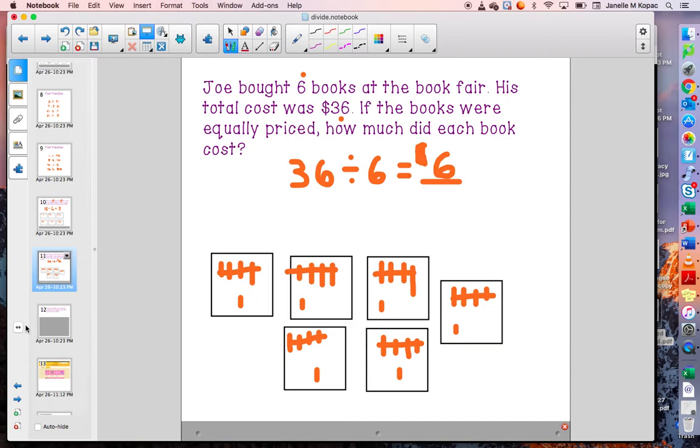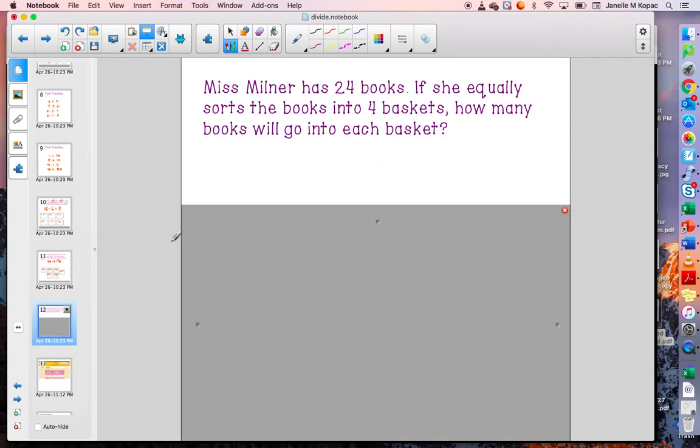Let's try one more problem together. Miss Milner has 24 books. If she equally sorts the books into 4 baskets, how many books will go into each basket? So we see she has 24 books and she's going to sort them into 4 baskets. 24